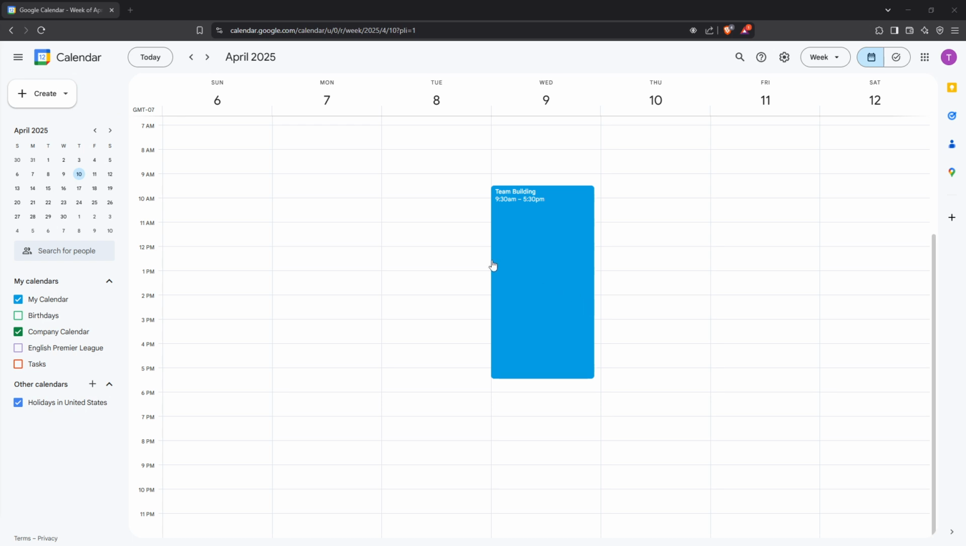First, you'll want to navigate to Google Calendar. You can do this by opening your web browser and typing in the URL calendar.google.com. Make sure you're logged into the Google account that your calendars are associated with. This is your primary dashboard where you can see all your scheduled events, and it's your starting point for any